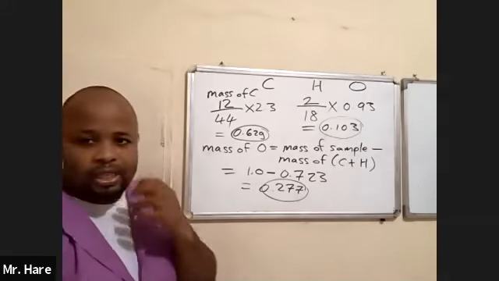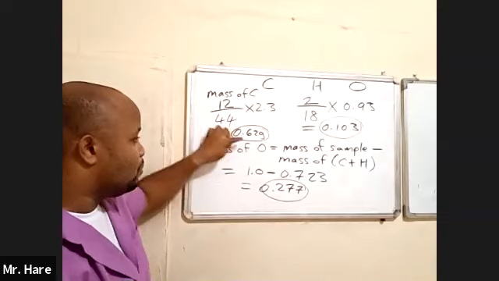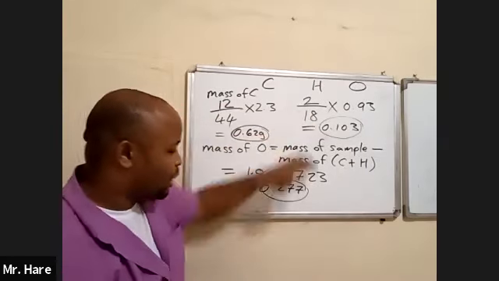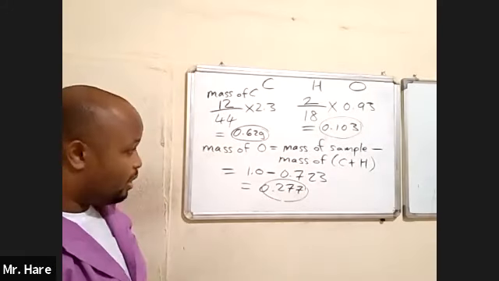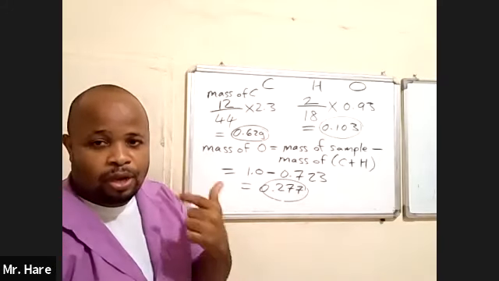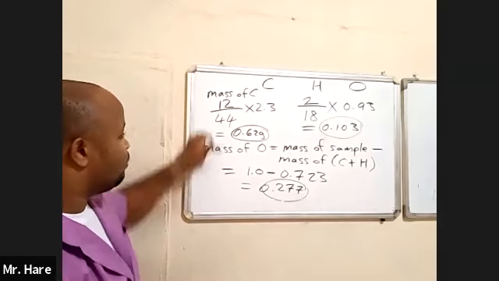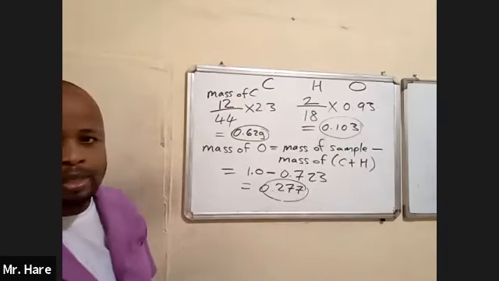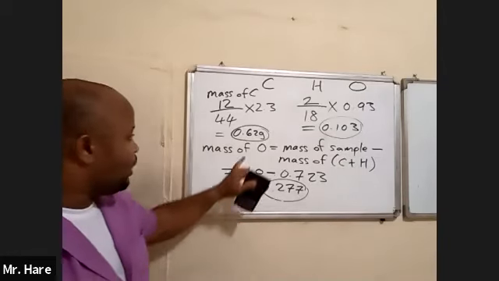Now, the question can give you just the mass for carbon, hydrogen, and oxygen, or it can give you the mass for CO2 and water, and you will have to first calculate the mass for carbon, hydrogen, and oxygen. So once we get the mass,